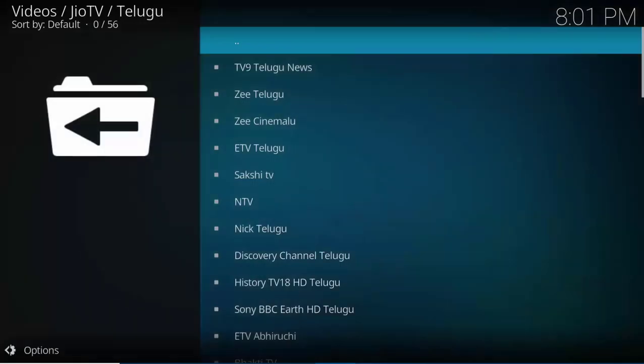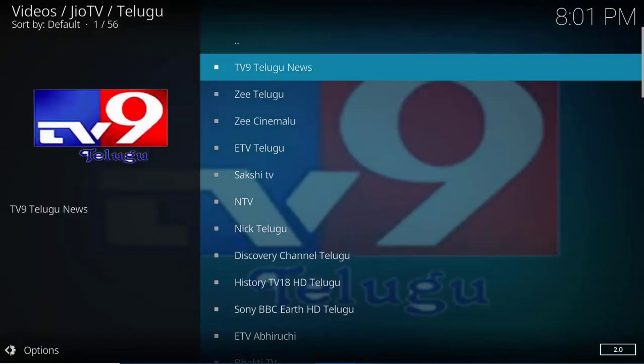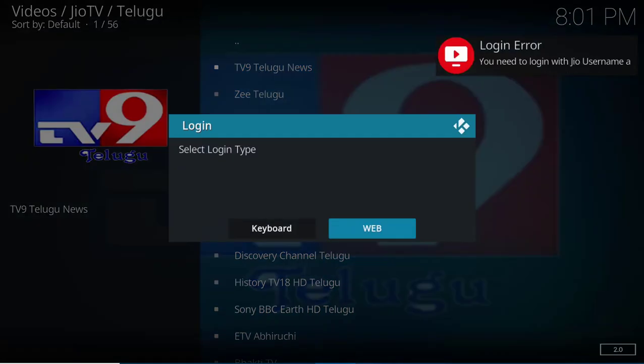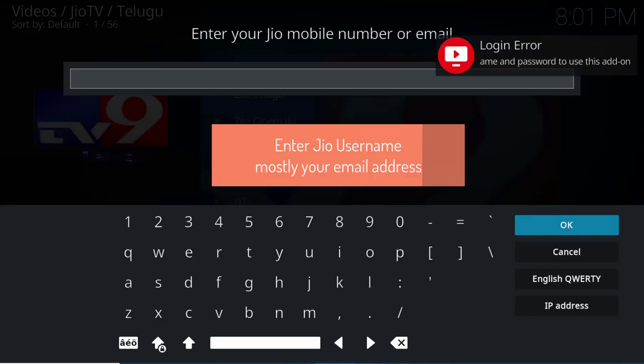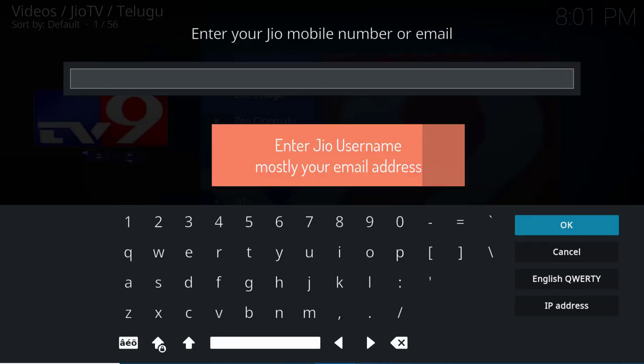So I will select Telugu here, and I will select any one channel. Suppose TV9 Telugu News. I will open it. Here it will ask to log in. What I have to do is, don't select the web option, select the keyboard. At the beginning of this video I told you that you have to have a username and password of the MyJio app. So here we have to enter